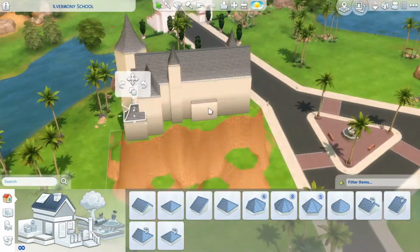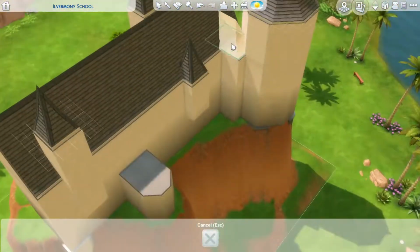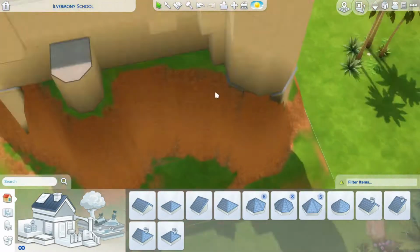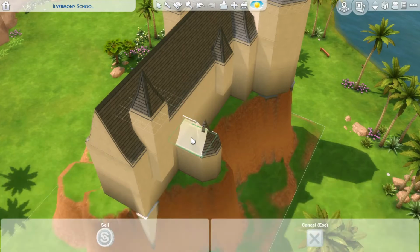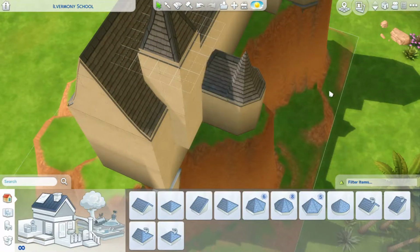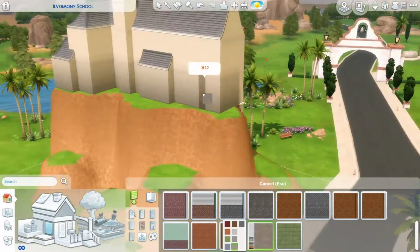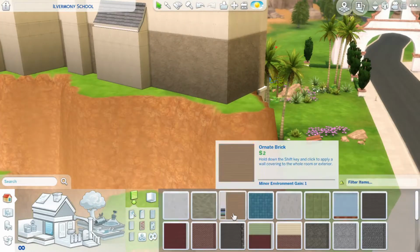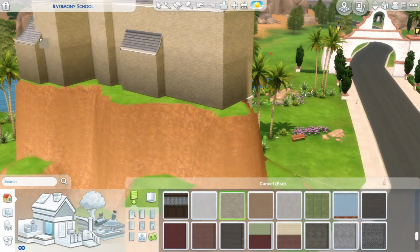And yeah, I knew that I wanted it to be a museum just because I wanted that lot type to be there, because I think different lot types are always fun and something good to have. So yeah, I put that down, and I googled the school and I looked at some of the inspiration